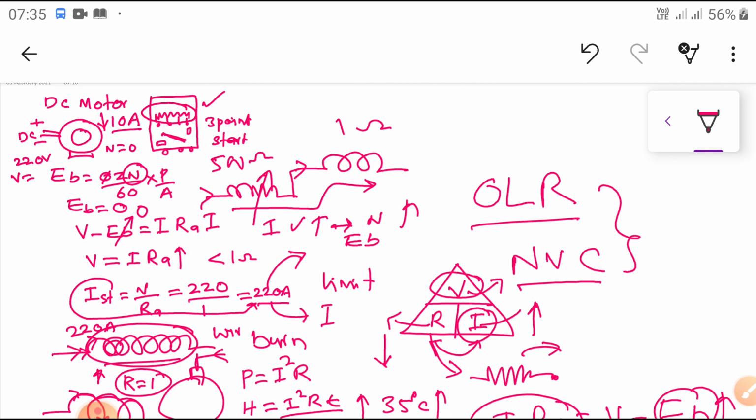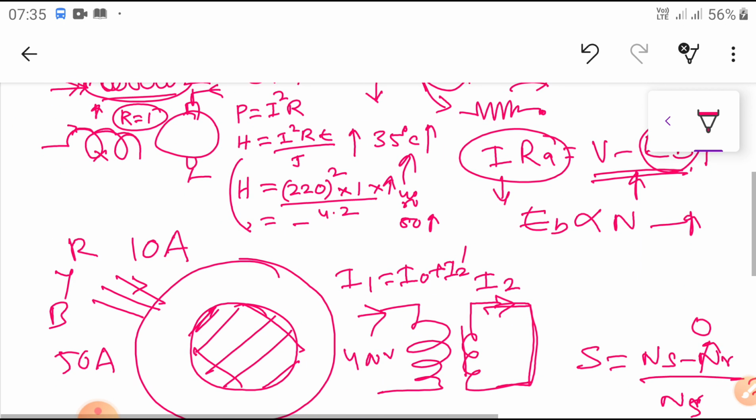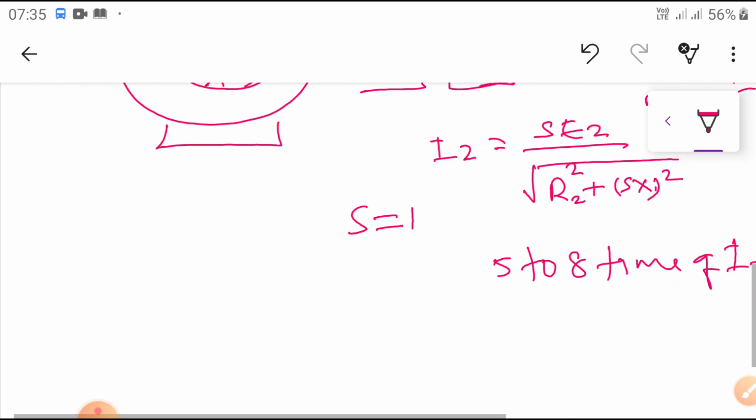Similarly, we are going to use these two functions in our 3-phase starters also. What is the main function of the starter? Mainly it limits the starting current, and it is used for starting and stopping the motor. If required, automatic speed control is also possible with the help of this starter. Finally, it can protect the nearby lines from voltage drop at the time of starting. These are the functions of the starters.